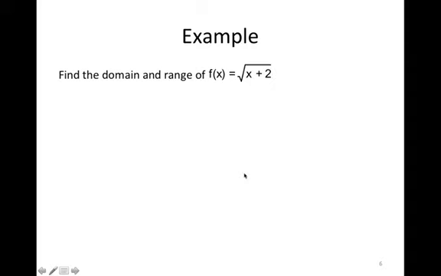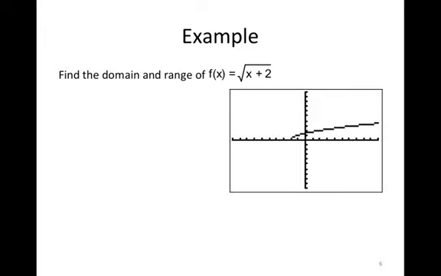Okay, another example, square root of x plus 2. Again, we can look at a picture of it. BHAK is going to tell you to take square root and shift it left 2. So I want you to be able to do that on your own, not having me supply you with a graph. You should be able to come up with this on your own. And now looking at the graph, the domain would be from 2 and above, and the range would be from